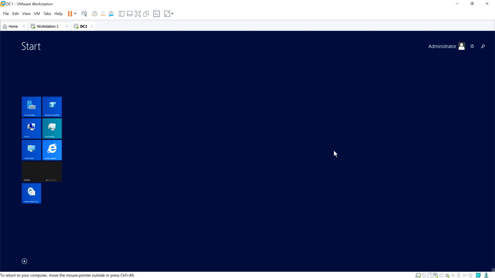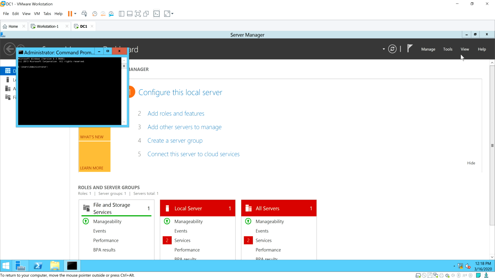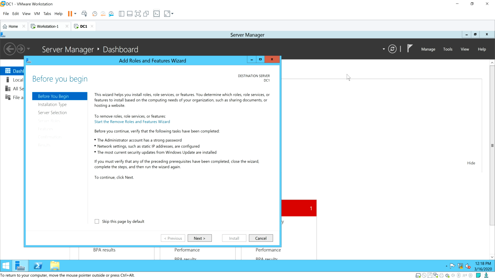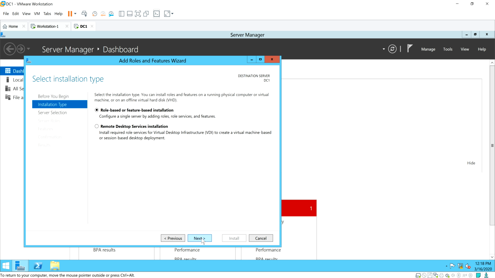And now if you go back in the search CMD in your DC, you got the command prompt here, ipconfig, click enter, and you see the IPv4 address, this one, 192.168.1.1. Happy? So you cancel that, we're happy with that, and now click manage, add role and feature, click next,